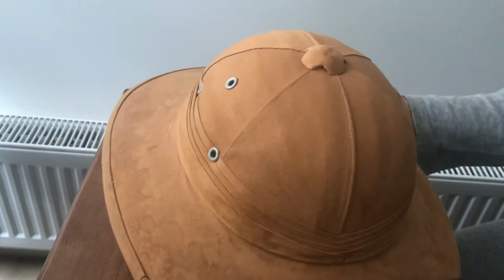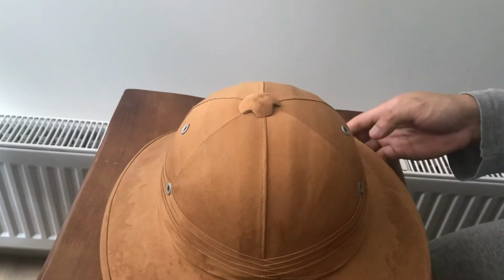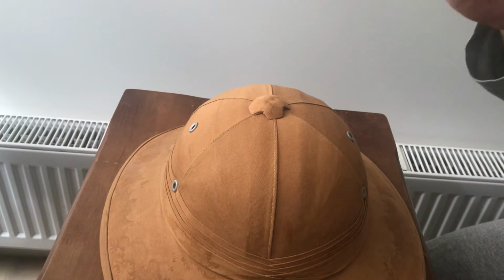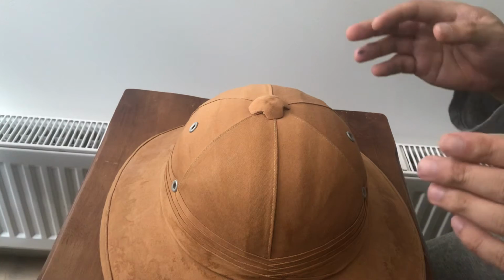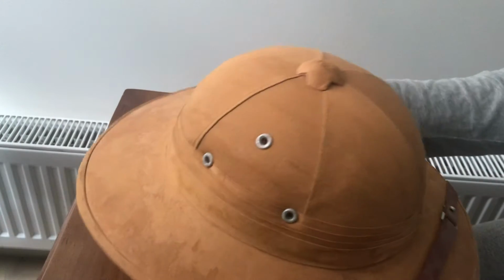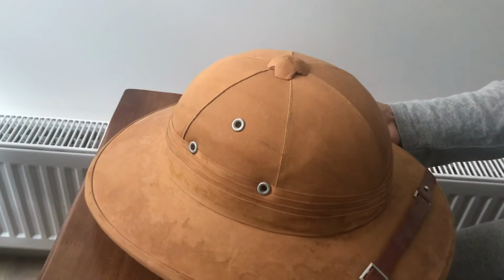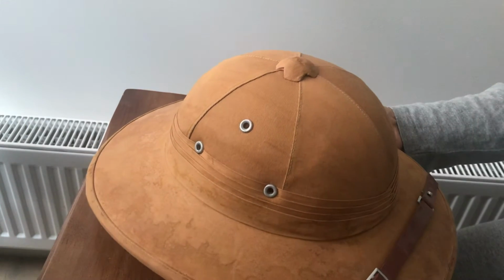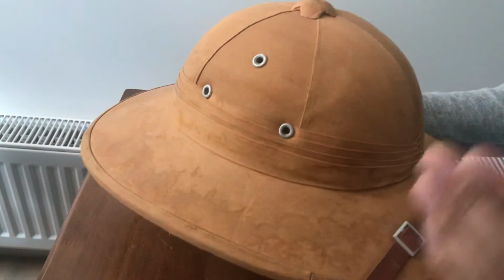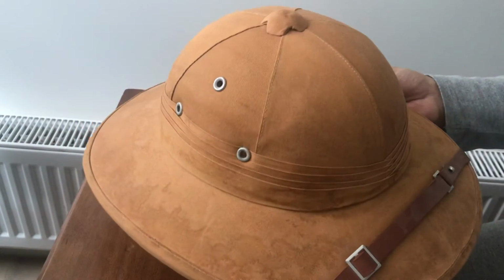This is a pith helmet. That means it is made of pith. Pith is the spongy, soft heartwood inside of a plant, basically a tree. So, for example, if you get an orange or a lemon, and you peel it, and you see the white, stringy, spongy stuff underneath the peel, that's pith. So they would take pith from either the shola tree or from the cork tree, and they would